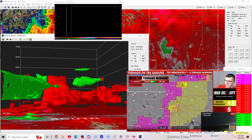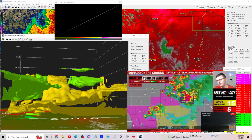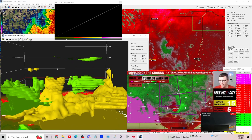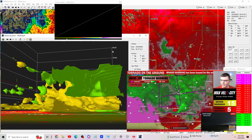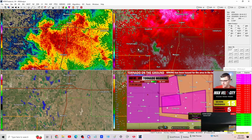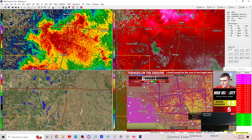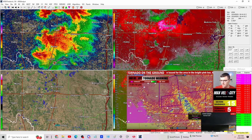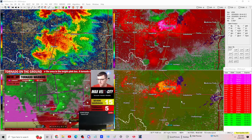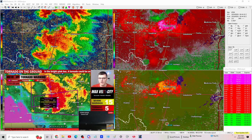All right. Let's go back to Iowa. We do have a couple of tornado warnings here near Centerville. The storm near Centerville has a broad area of circulation, but that could still drop a tornado at any time. That'll be heading towards... I don't think that's a CC drop, just for the record. Yeah, that's just contamination. I was about to say that looks really crazy, but that's more. Yeah, that's contamination. So that's right now near Centerville. Once again, radar indicates